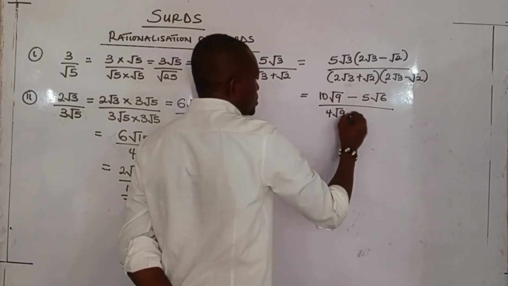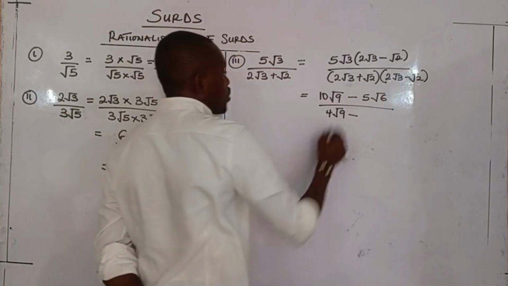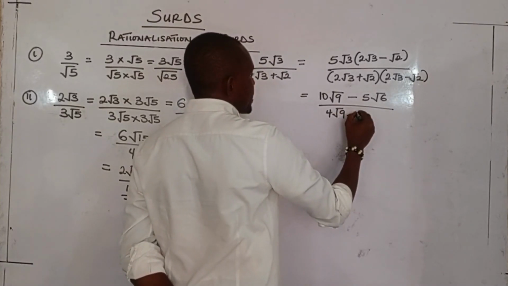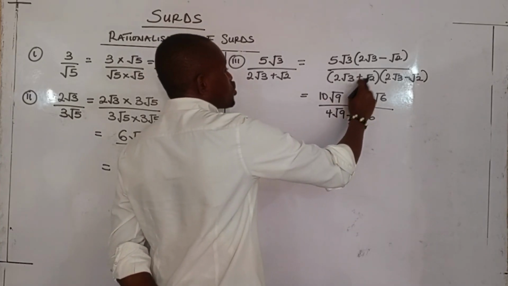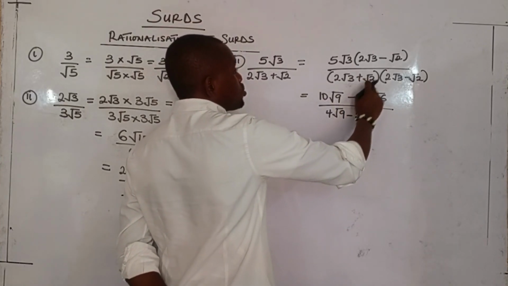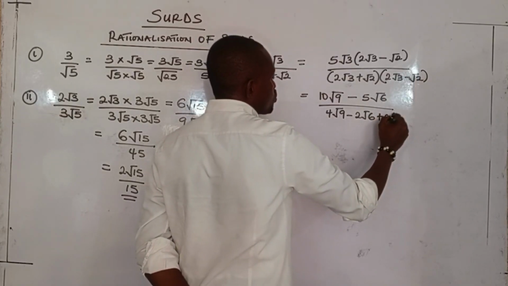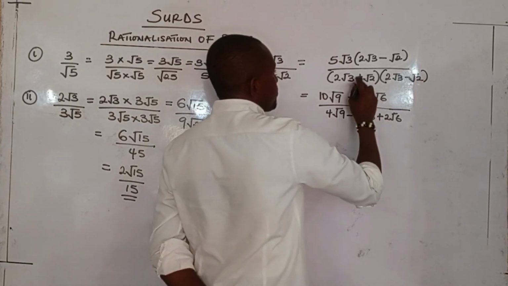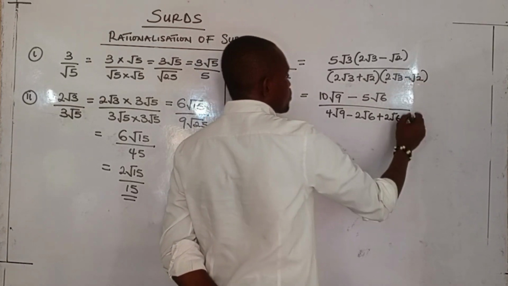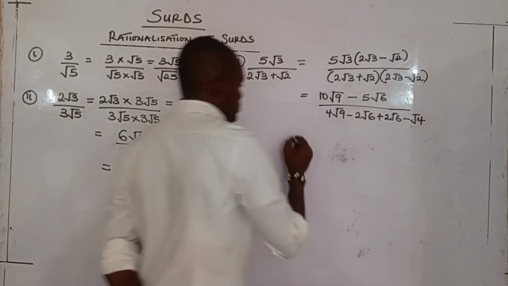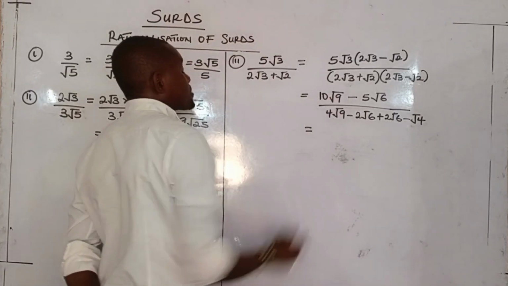Then 2 root of 3 times minus root of 2 gives us minus 2 root of 6. Then plus root 2 times 2 root of 3 gives us plus 2 root of 6. Then plus times minus gives us minus, and root 2 times root 2 gives us root 4. So we can now proceed to say the square root of 9 here